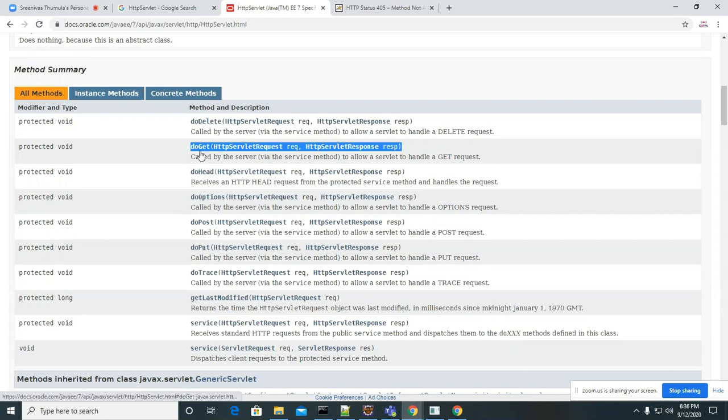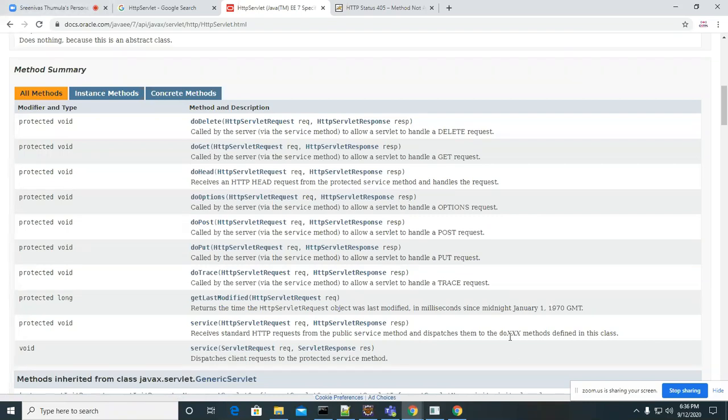So what is the code inside? It is called by the server via the service method to allow the servlet to handle a get request. Okay. They don't do anything here.